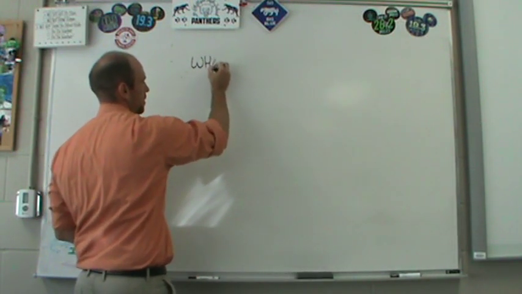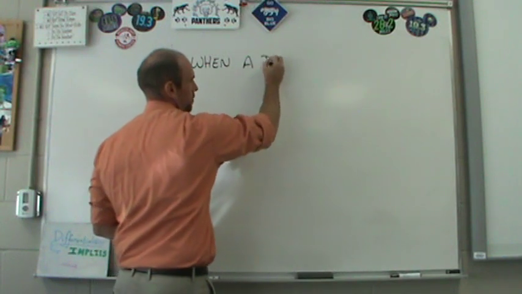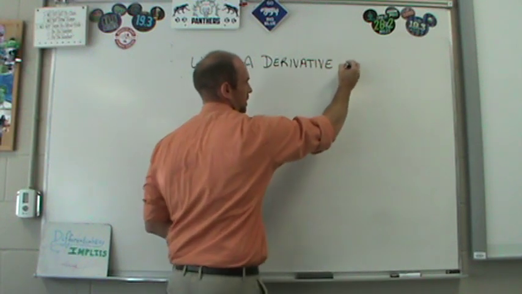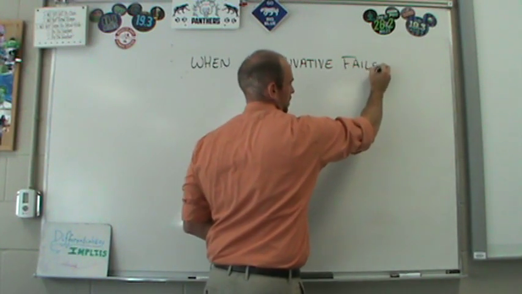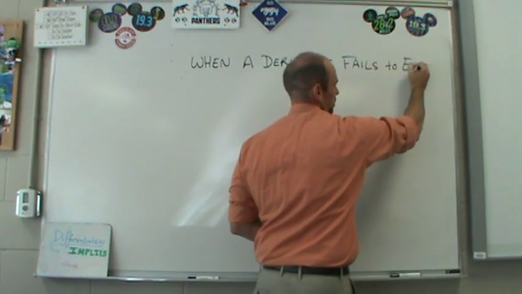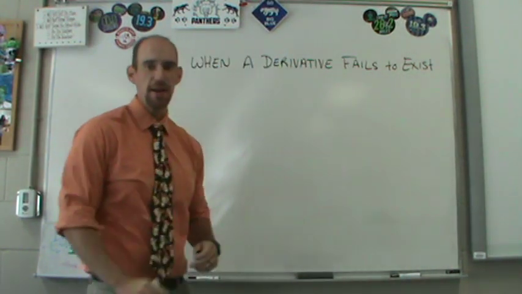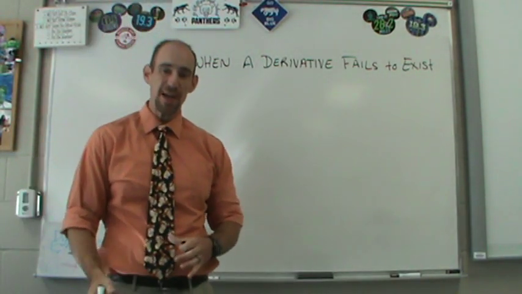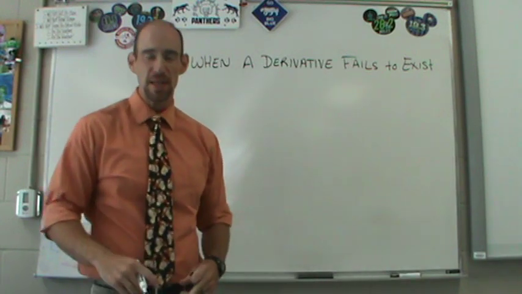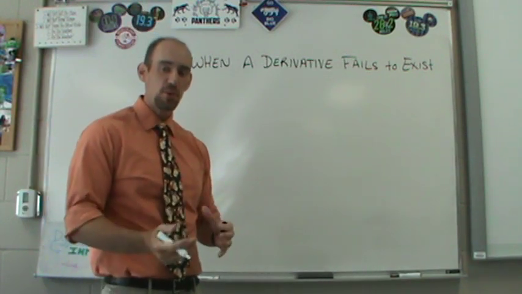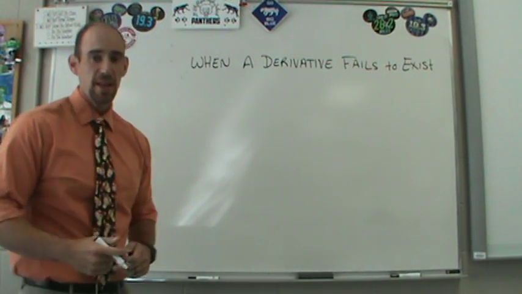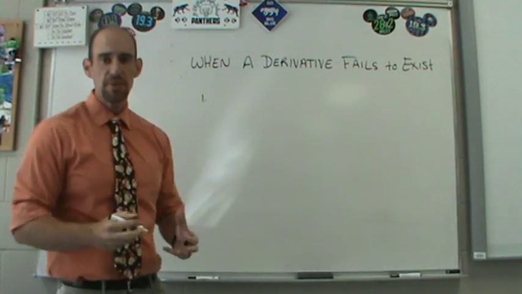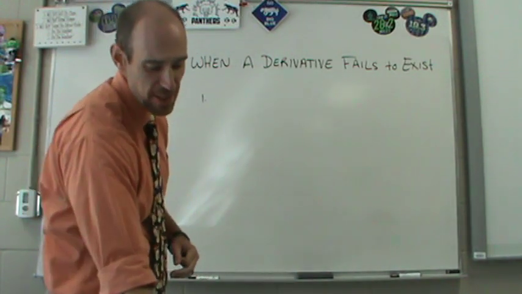So when a derivative fails to exist. When does a derivative not exist? This is the same type of case as when we talked about limits that did not exist. But remember, a derivative is a limit, so some of the things that worked with limits also work with derivatives, like our first one here. Our first reason a derivative would fail to exist is when